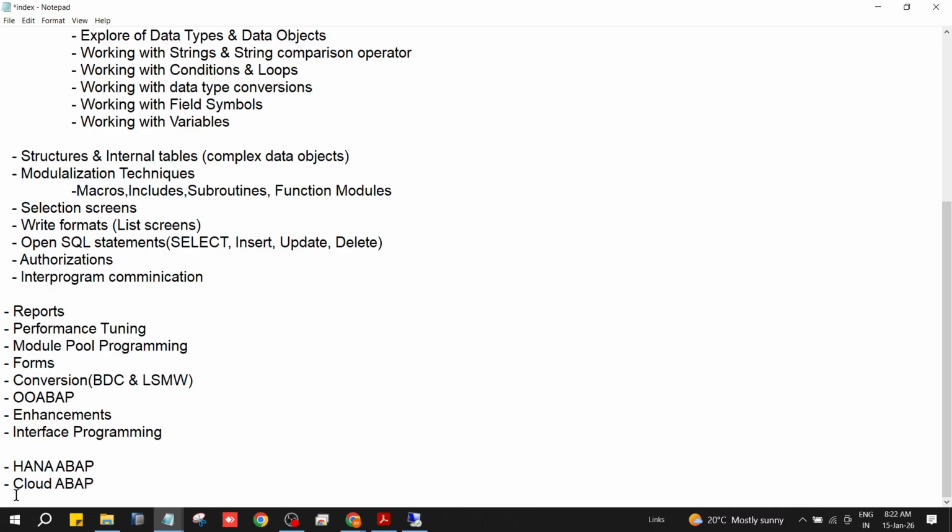We cannot learn it directly, I said. And the second thing is, if you have the fundamental basics clear, then adapting these things is very easy, quick and fast, because we are using the same stuff only in another way. This cloud ABAP is called RESTful application programming, strict ABAP and all. Now, we will go to